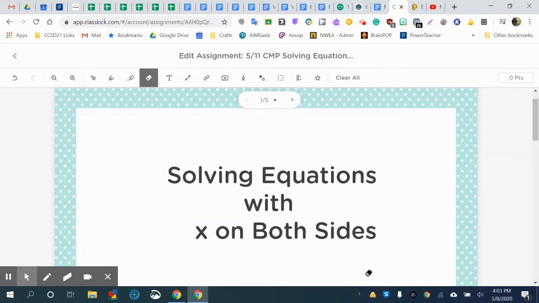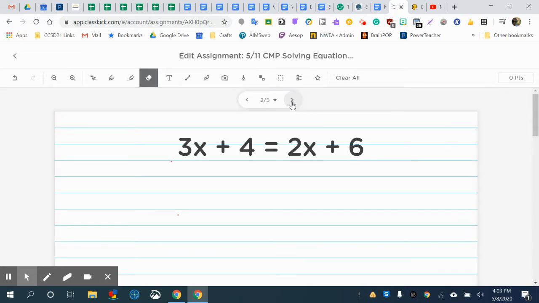Morning. We're going to go ahead today and continue working on solving equations with x on both sides. So let's get to it. All right, so here's my equation. I have 3x plus 4 equals 2x plus 6, and we're looking for the value of x that would make